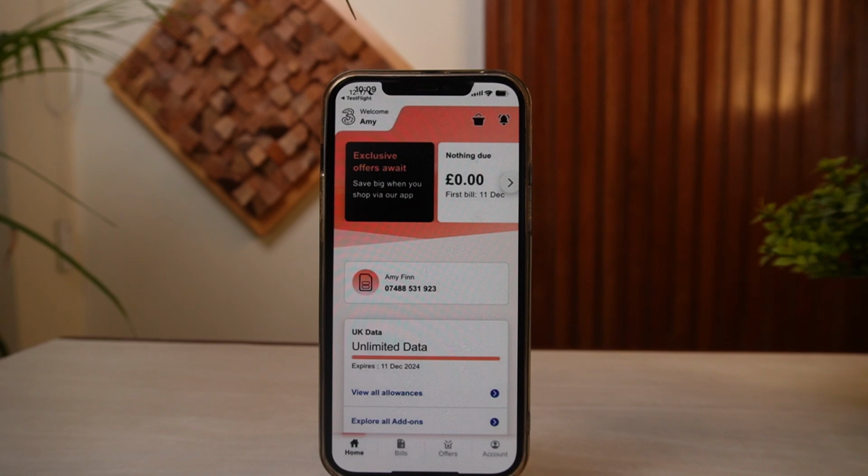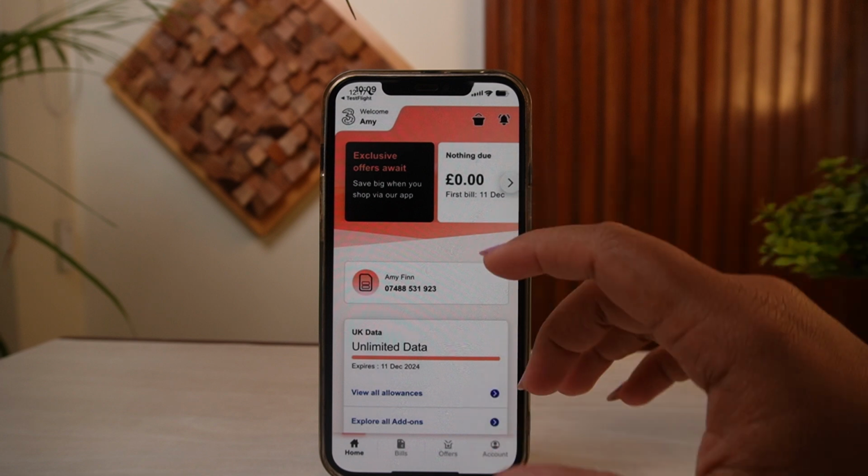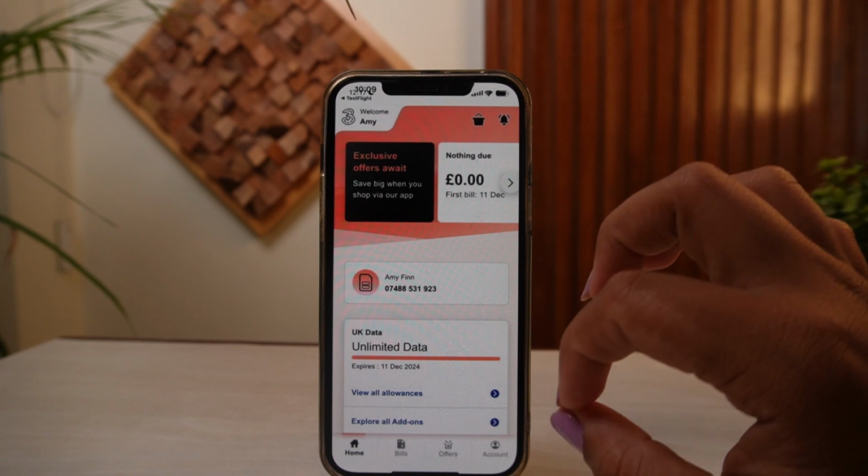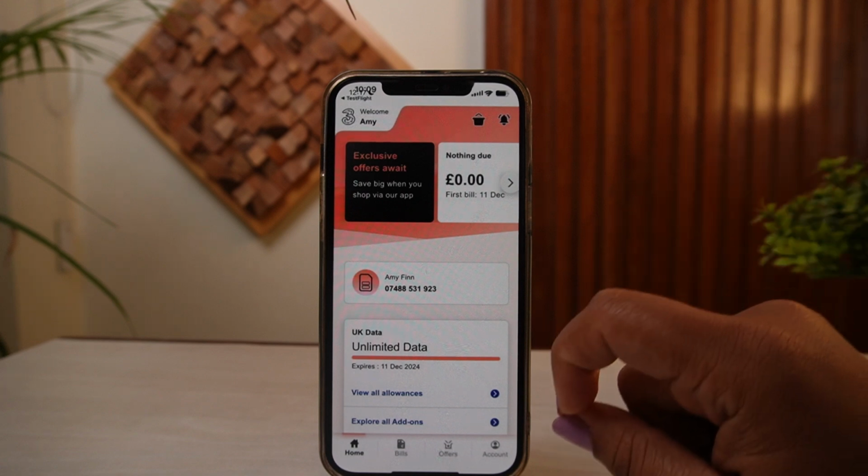How to cancel 3 mobile plan online. So in here, the very first thing that you want to do is simply get into your phone application on your phone, and then what you're going to do is simply text PAC to